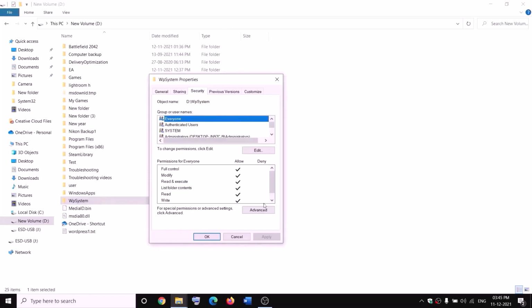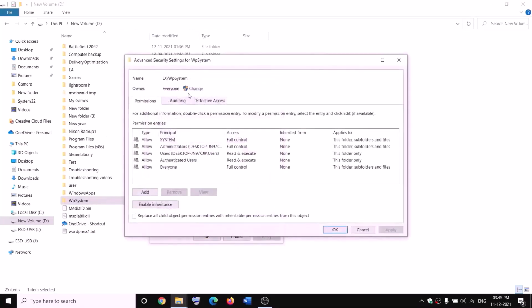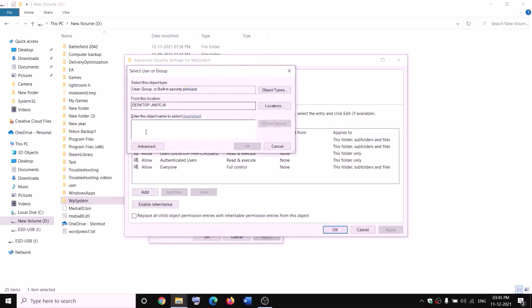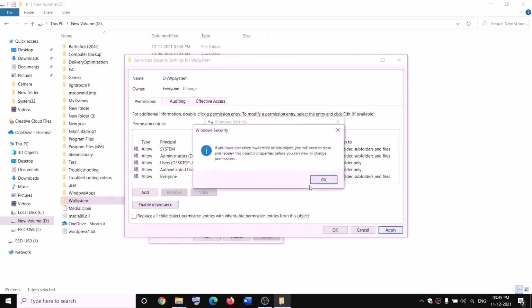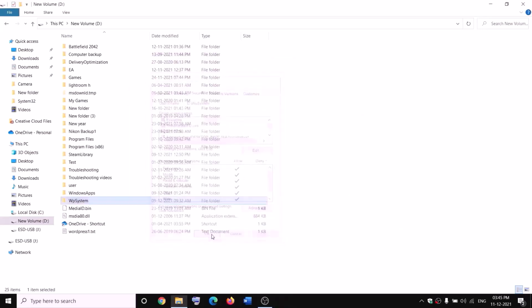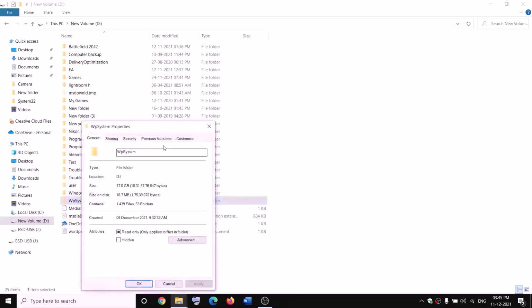So go to security tab and then click on advanced. Now click on change over here and then type in everyone over here, and then click on check names, then click on OK. Now put a check on the box which says replace owner on subcontainers and objects, and then click on apply. OK, OK, OK, and then again make a right click on WP system folder,